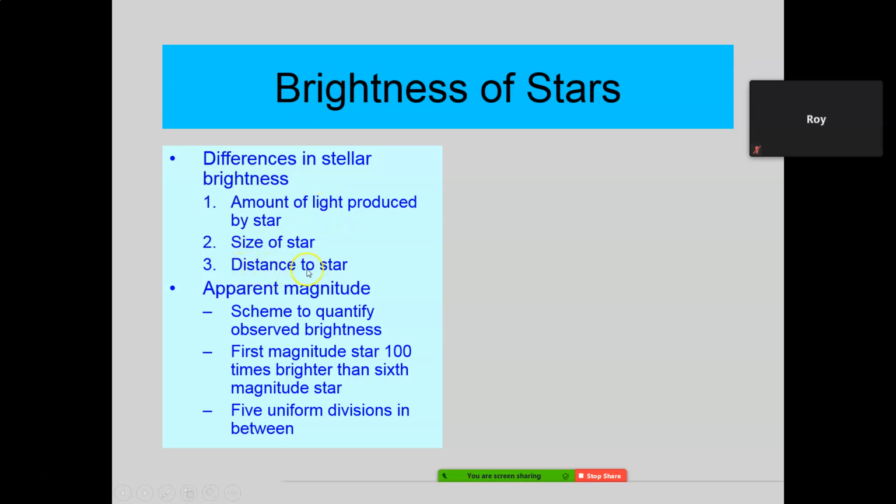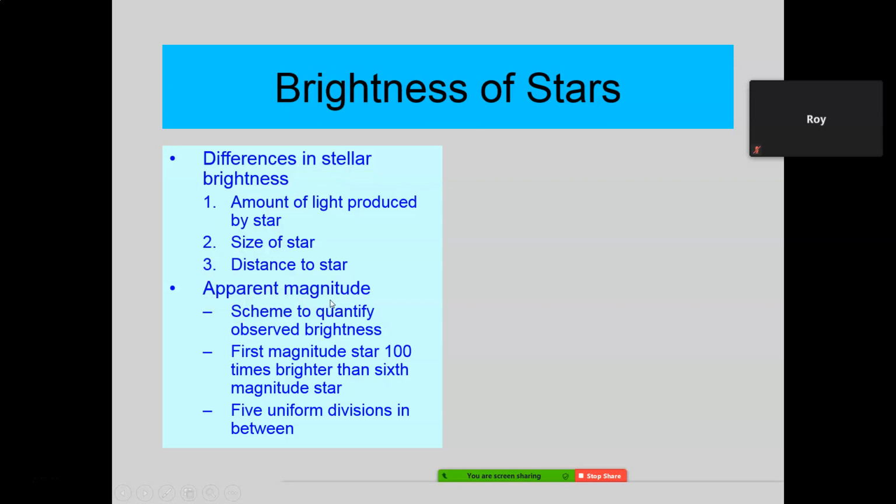But the other one is the distance to the star. We're so close to the sun, it completely outshadows every other star in the sky. Okay, so it's only when the sun's on the other side of the earth from us that we can see those other stars. But then the ones that look bright may be just because they're close to us. They may not be that big or that massive. But on the other hand, some that are very bright could be very massive and average size, but a long way away. Okay, so you see, all these factors go into what we see or perceive of the brightness. And that's what we call apparent magnitude.